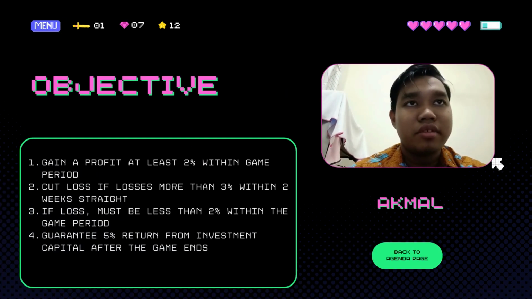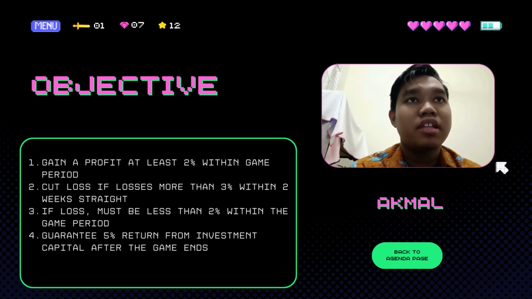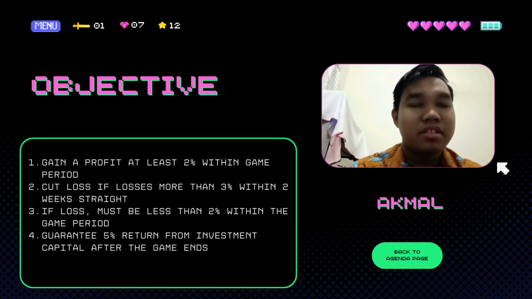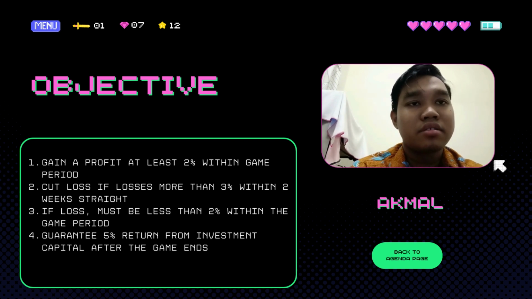My name is Muhammad Akbar Ibradi. I will talk about our group objective. Our group objective using a smart technique. For the first one is to gain a profit at least 2% at the end of the game. For the second one, we will cut loss if loss are more than 30% within 2 weeks straight. For the third one is, if at the end of the game we get loss, it must be less than 2%. For the last one is, we need to guarantee 5% return from our investment capital at the end of